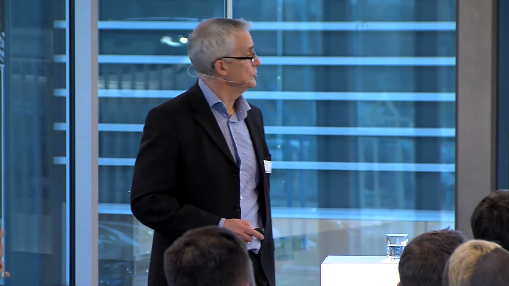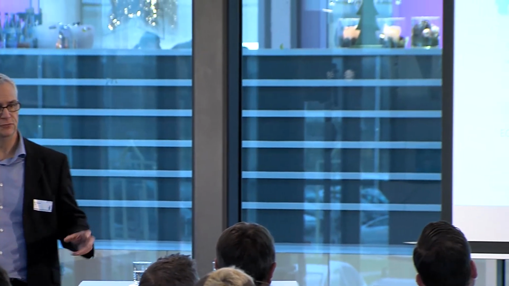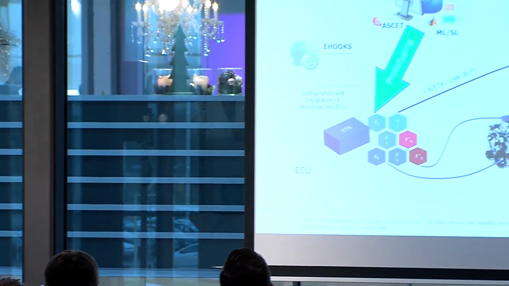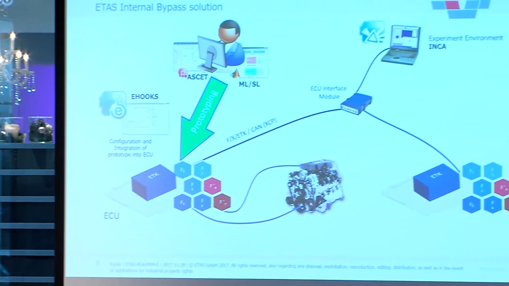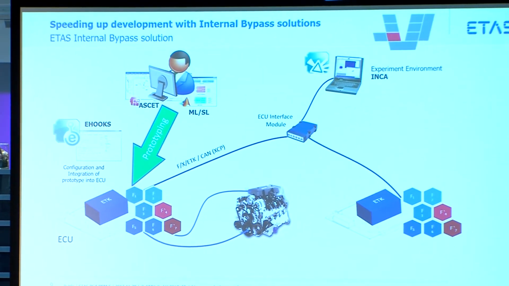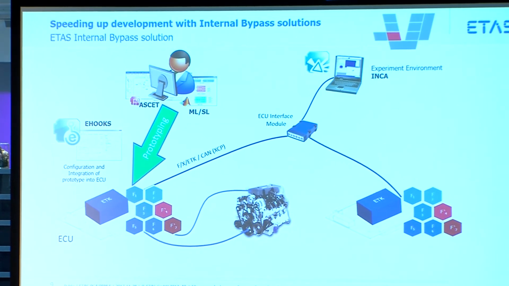With INCA, it's also possible to run internal bypass experiments on more than one ECU simultaneously, so that makes this a good solution for distributed functions that run on multiple ECUs at the same time. So really the main benefit here is that it is a simple solution, relatively low cost, but I think the big advantage is that the new function runs in the realistic environment, and the timing behavior will always be correct because it's triggered by the ECU's operating system and there's no added time latency.